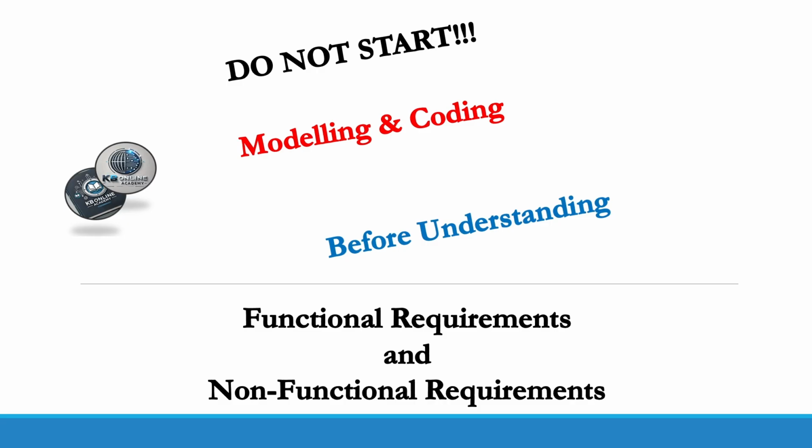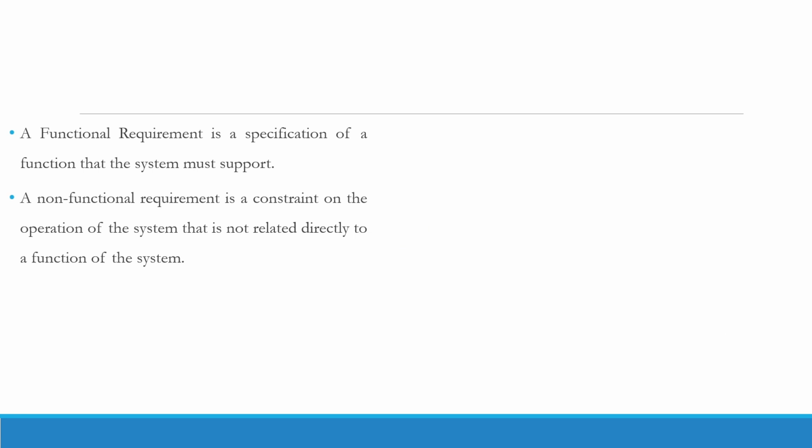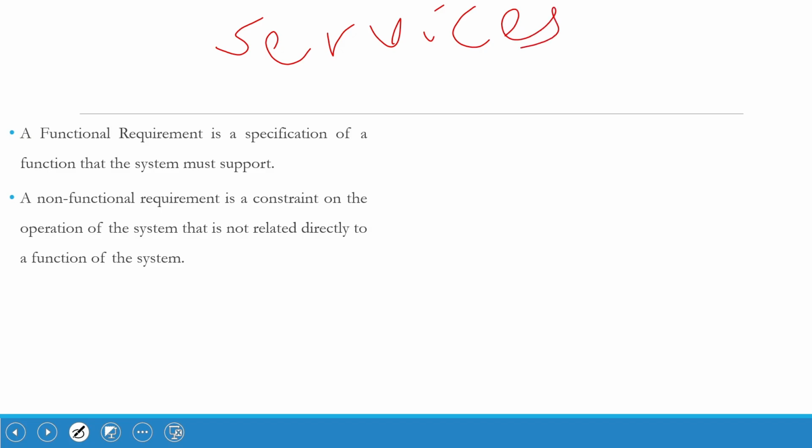So it's better to understand the functional requirements very well, otherwise we cannot extract or trace any use cases from a certain requirement. So let's start with their definitions. A functional requirement is a specification of a software, or the functional requirements are the services of the software. So the software has expected services. Yeah, expected services. These expected services later on